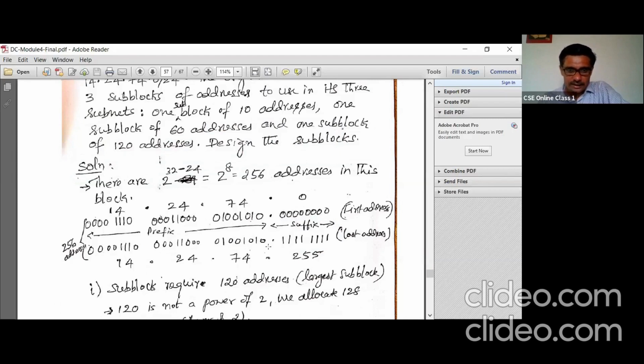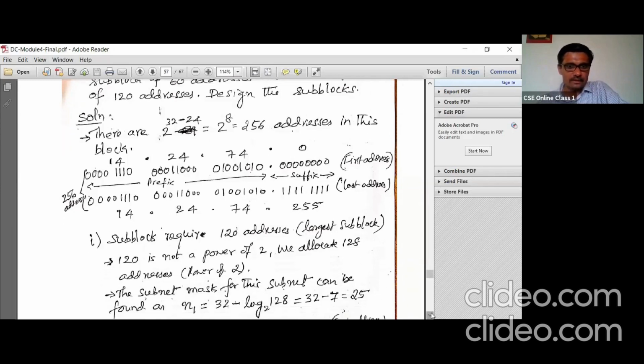Retain the prefix bits and make all suffix bits 1. So 14.24.74.255 is the last address allotted to that organization. Let us say this is Cambridge. This is the last address allotted to Cambridge.